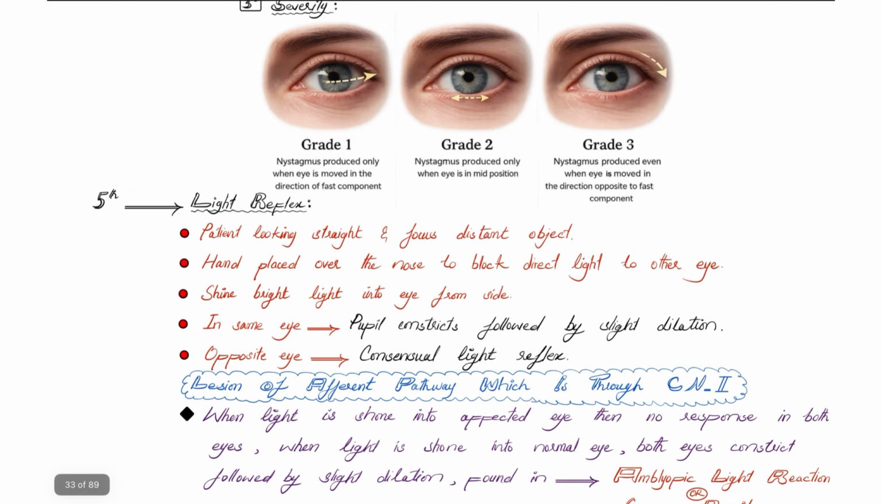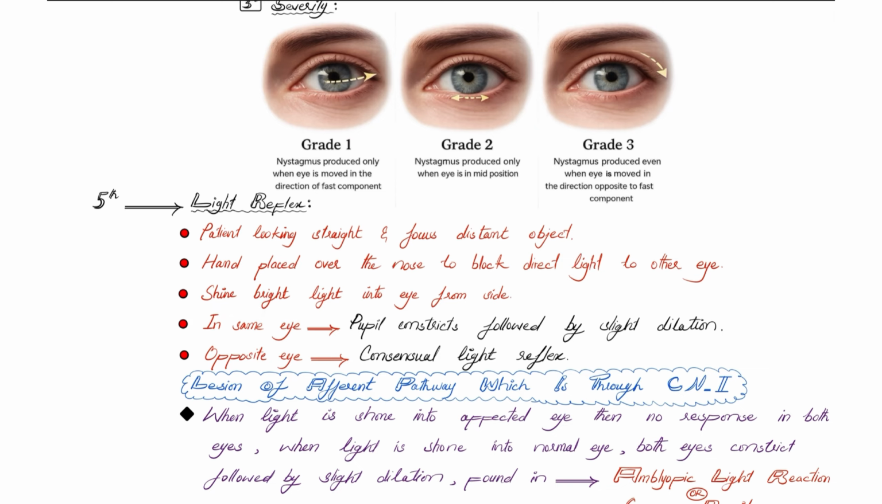So far we completed 4 steps, meaning first we measured the palpebral feature, then we evaluated pupil size, shape and regularity, then we tested the accommodation reflex, and then we ruled out nystagmus. So the 5th step is to elicit the light reflex. Ask the patient to look straight and focus on any distant object. Place your hand over the nose to block direct light to the other eye, and shine direct light into the eye